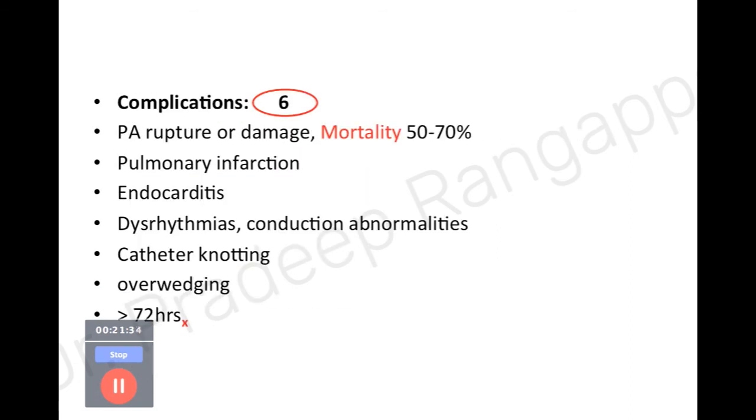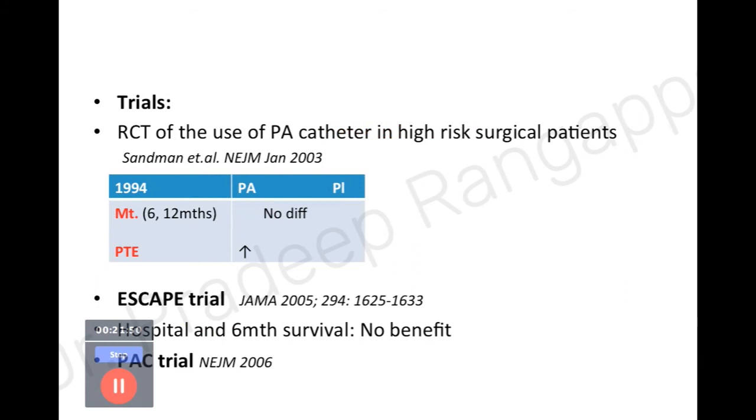So now, having spoken about the science of PA catheter, the variables that we can get out of it, and our ability to interpret it, what is the evidence? Unfortunately, the remark I made at the outset that this has become obsolete is because of the trials. These are some of the trials that have shown that PA catheter usage has not led to improved outcomes. This was an initial randomized controlled trial of the use of PA catheter in high-risk surgical patients. The Sandham trial came in NEJM.